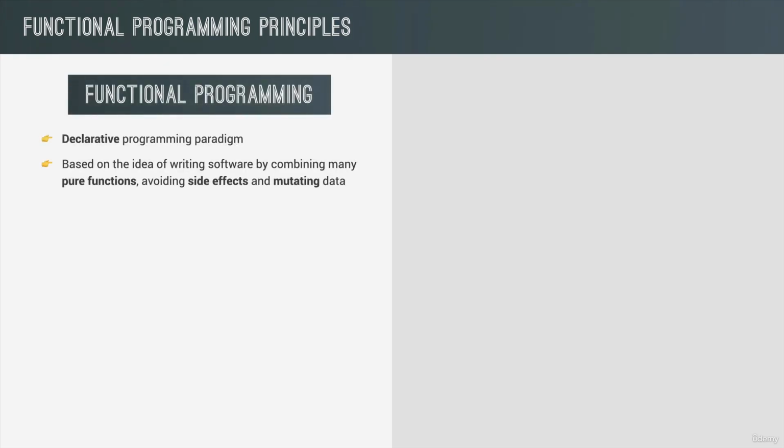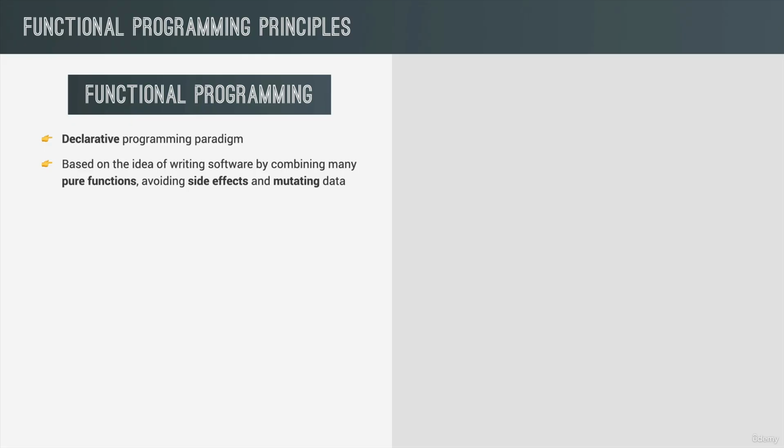And functional programming is basically a declarative paradigm which is based on the idea of writing software simply by combining multiple so-called pure functions while avoiding side effects and mutating data. And actually, functional programming and writing declarative code has now basically become the modern way of writing code in the JavaScript world. So you will see declarative and functional code everywhere. And in fact, we have even been using it all along, but without really knowing that this style was called declarative